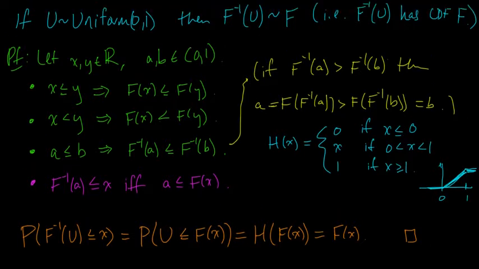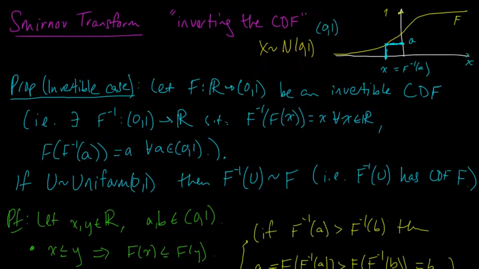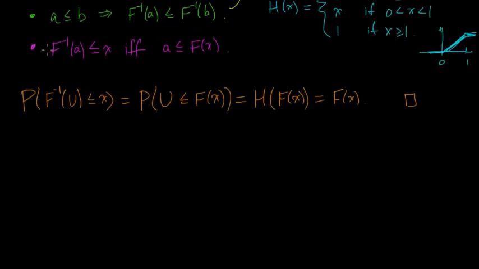So this is the simple case when f actually is invertible. It's going to this open interval from 0 to 1, and it's actually invertible. But there are a lot of interesting cases that this does not capture. It captures the Gaussian, but in fact, this is not the preferred method for sampling from a Gaussian. But some interesting cases that this doesn't capture are, for example,